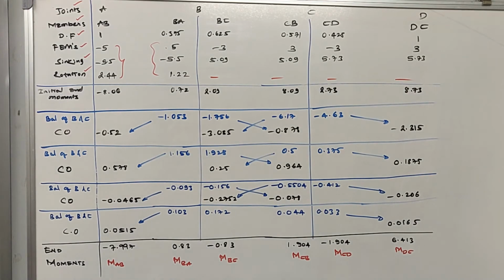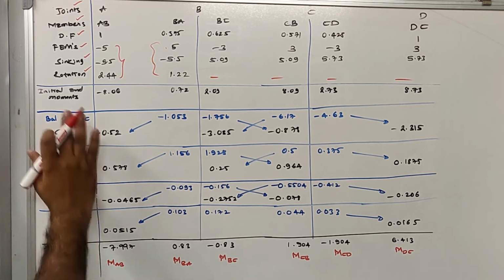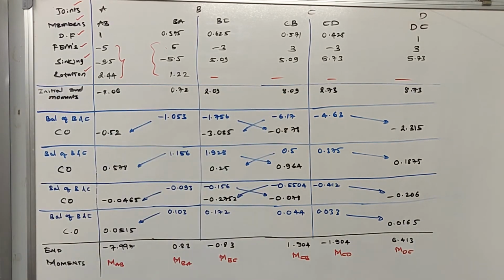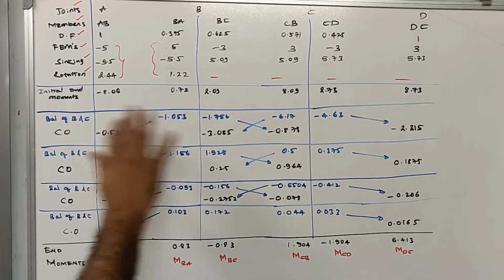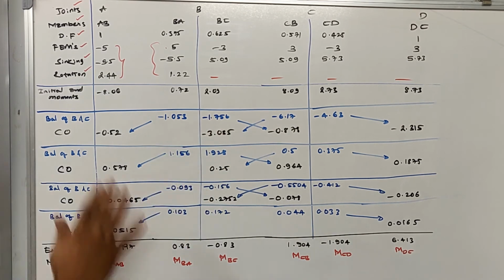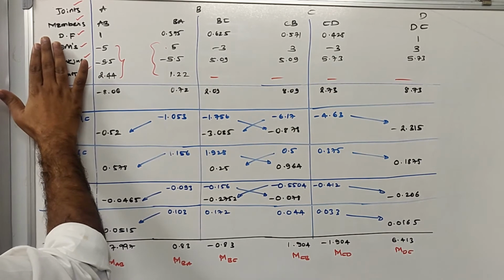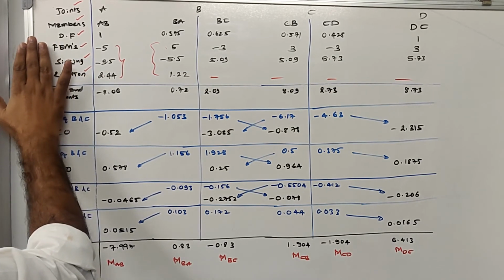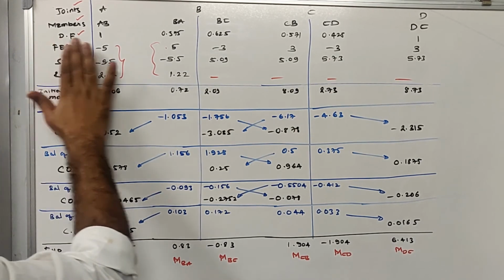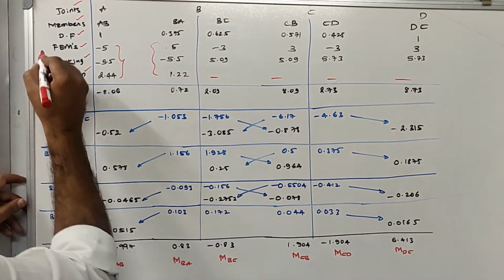Initial end moments represent the sum of the moments taken at a given end, considering the fixed end moment, sinking moment and rotation moment. Okay, so you remember this is how I wrote the initial end moments. Once you write the initial end moments, you need to neglect this part. Forget the values that you wrote in FEM, fixed end moment, sinking moment and rotation moment. You need to neglect this row.